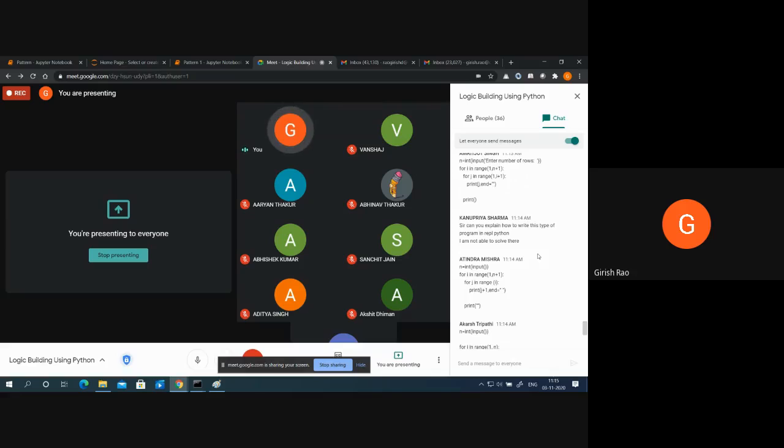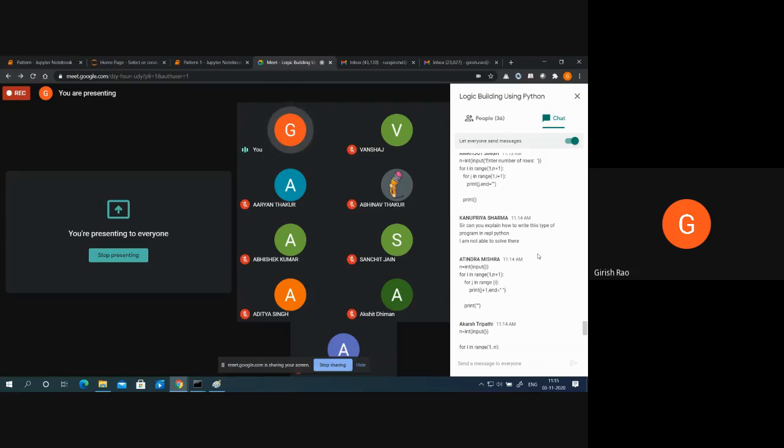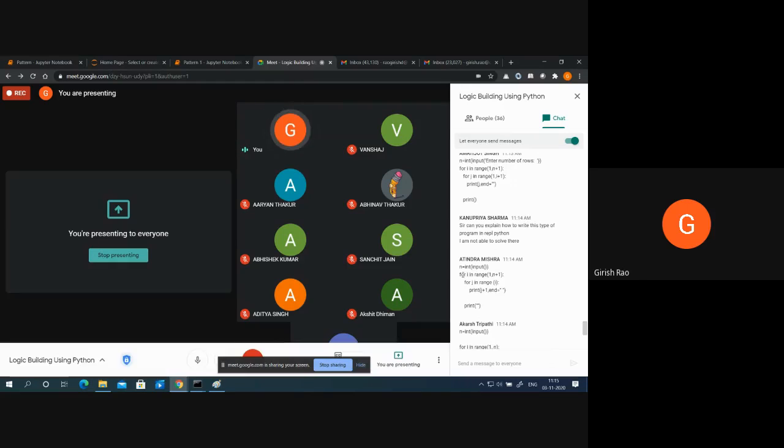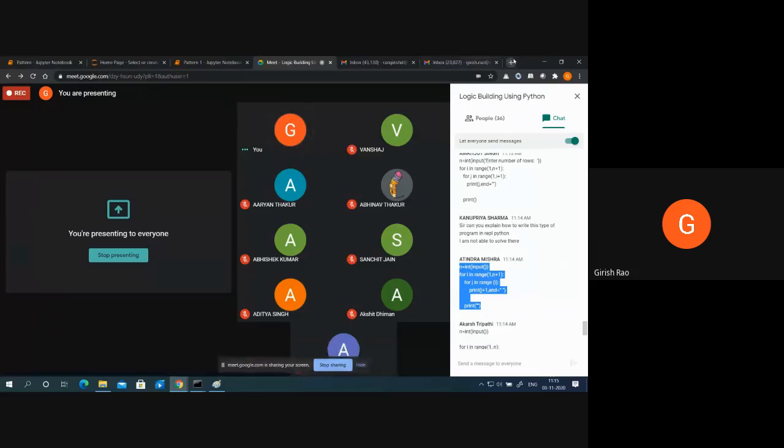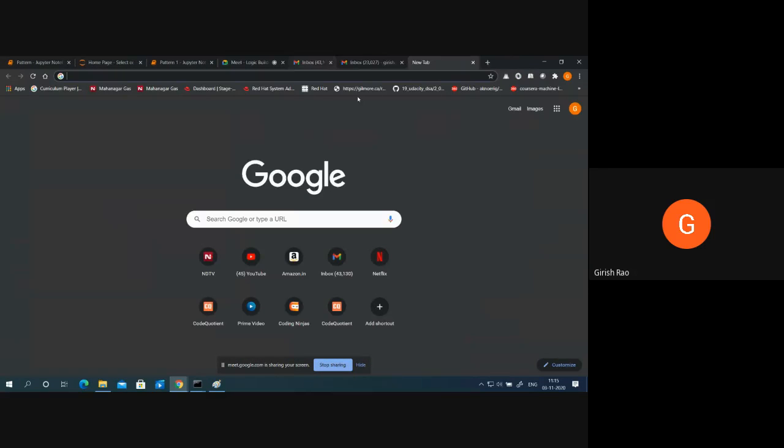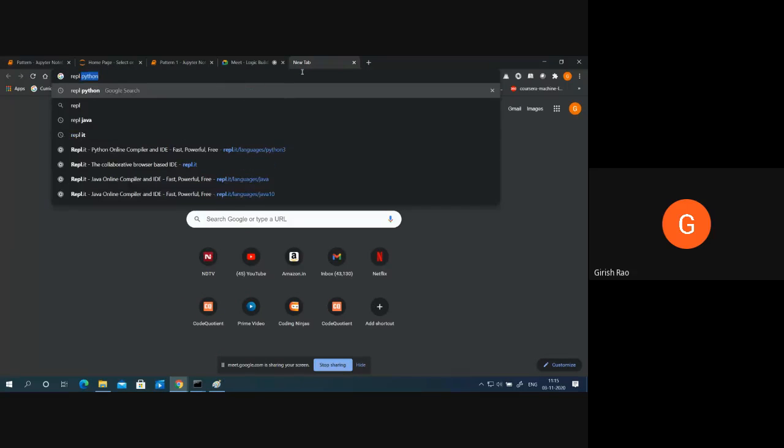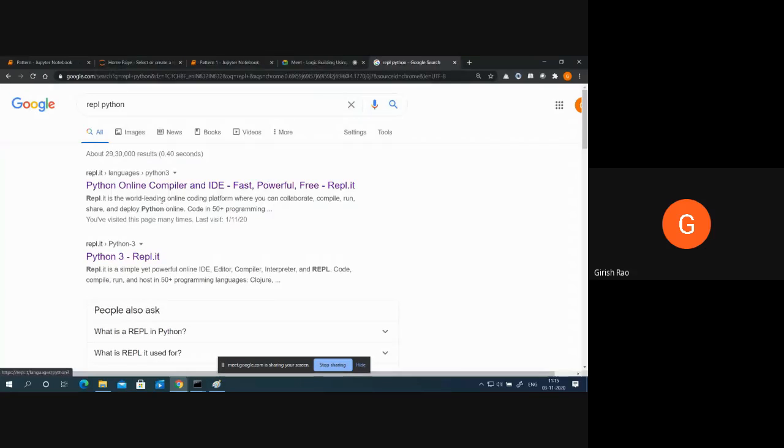Kanupriya: Sir, can you explain how to write this type of program in REPL Python? I'm not in a position to solve it. Okay, let's take this code. Okay, we'll start REPL. Click on it.